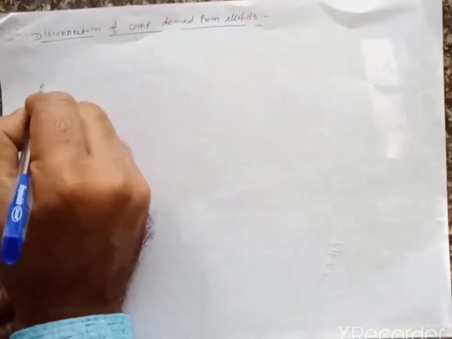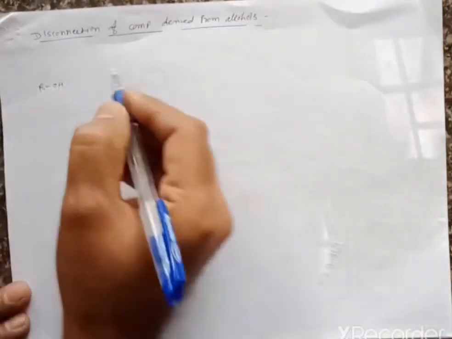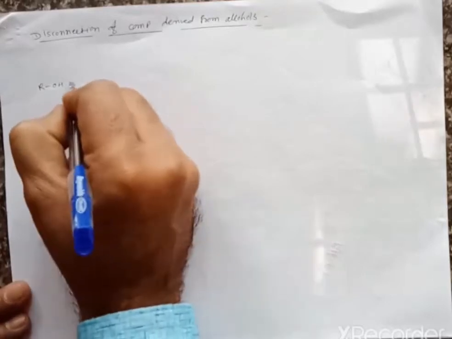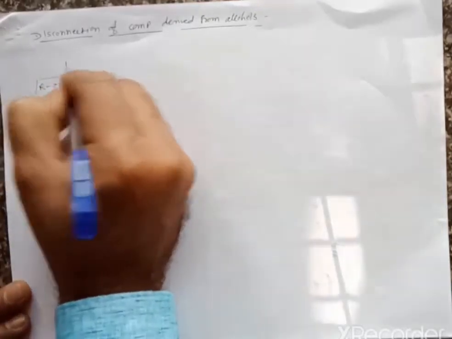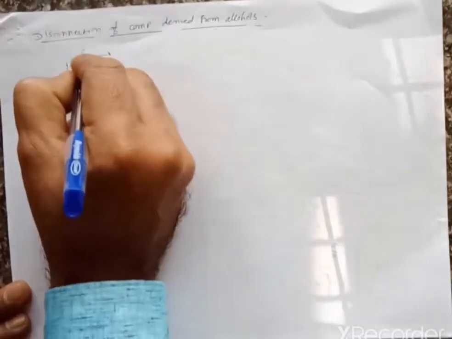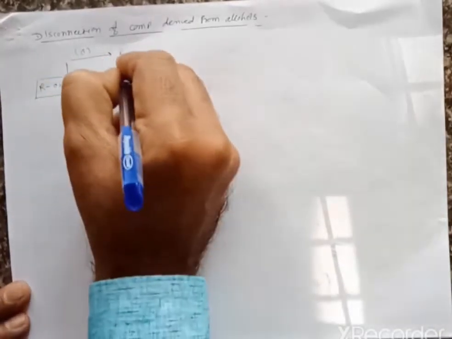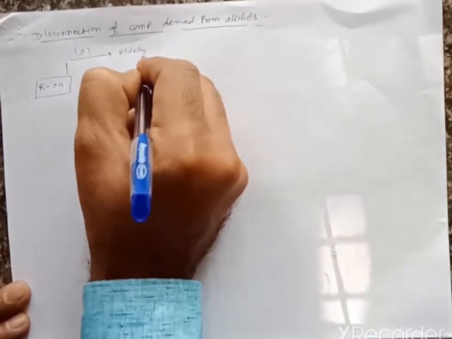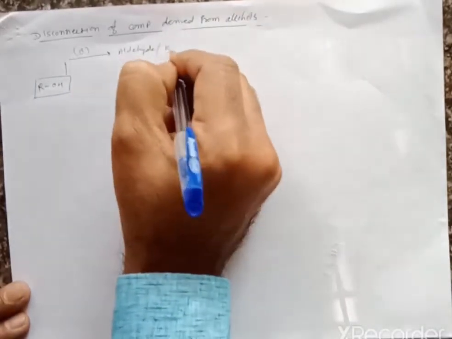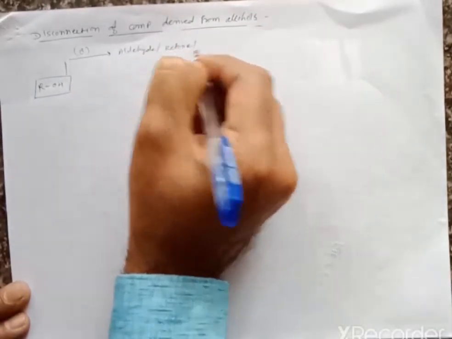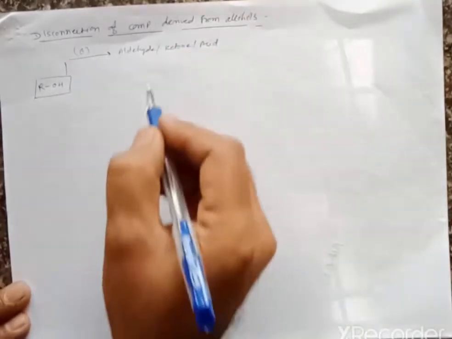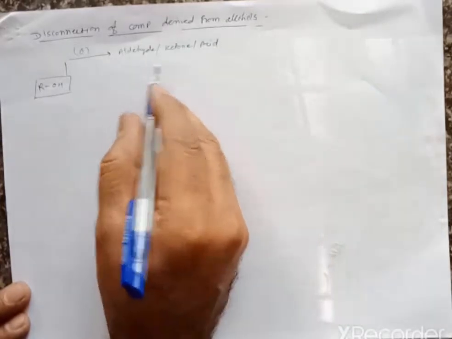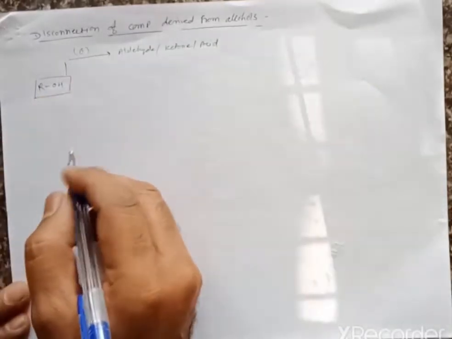We know that if we take an alcohol as a starting compound and treat it with various reagents, what does it give? If we do oxidation of this alcohol, it gives aldehyde, or sometimes ketones, or sometimes it goes to the formation of acids, right? So if we want the retrosynthesis of aldehyde, ketones and acid, we can take alcohol.